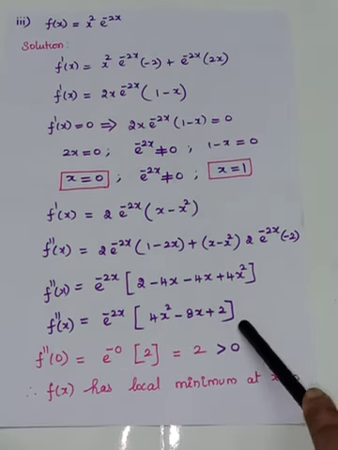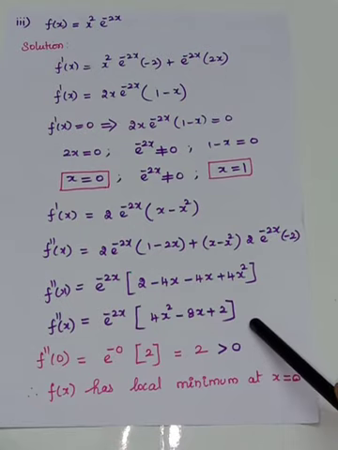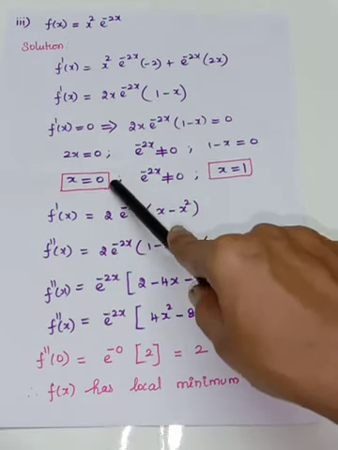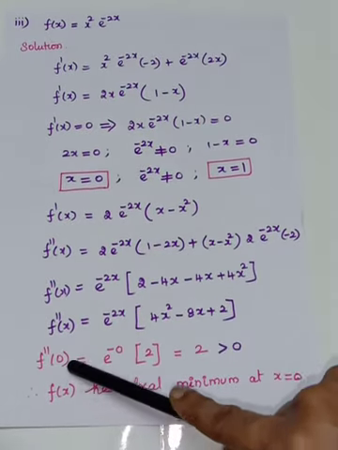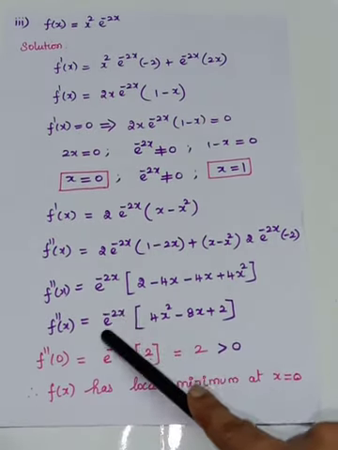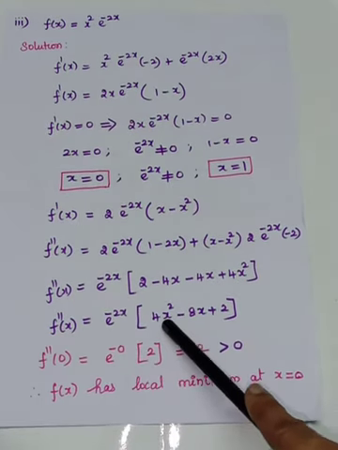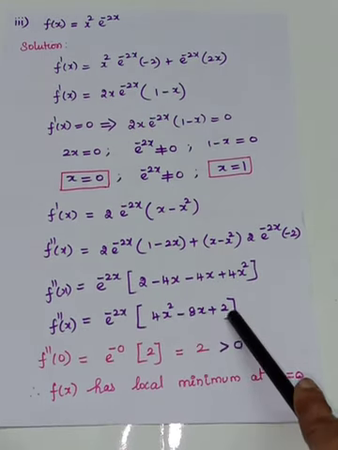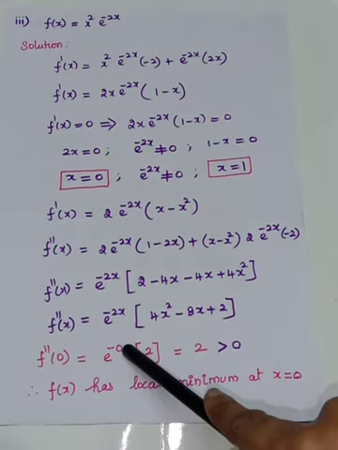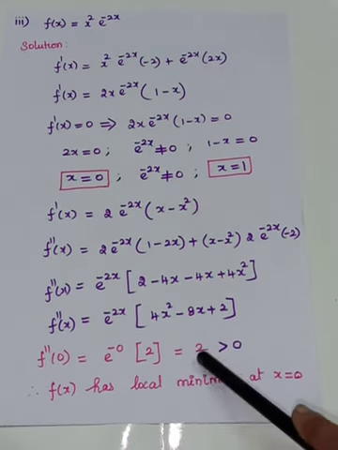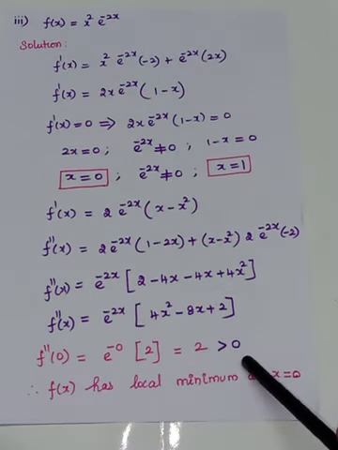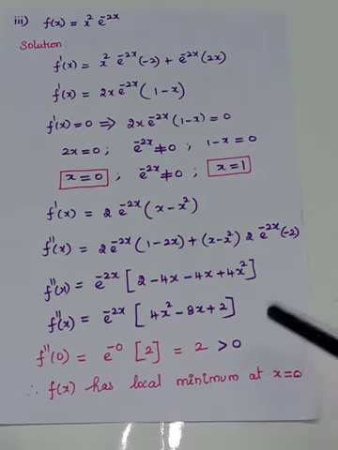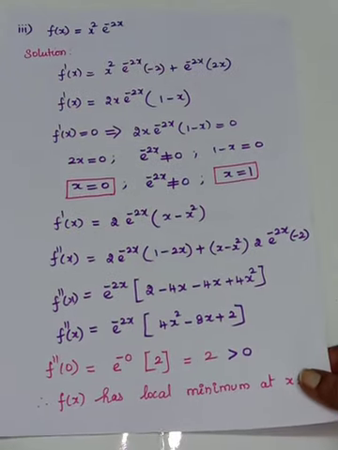Okay, so we have found the second derivative. So you have to substitute the points one by one in the second derivative. So I'll take first x equal to 0. So when I substitute in the second derivative, this is e power minus 0. Here this term is 0 and here also 0, you will have only 2. So e power minus 0 is 1. So 1 into 2 is 2. So 2 is greater than 0. If f double dash of c is greater than 0, the function has a local minimum at x is equal to 0.